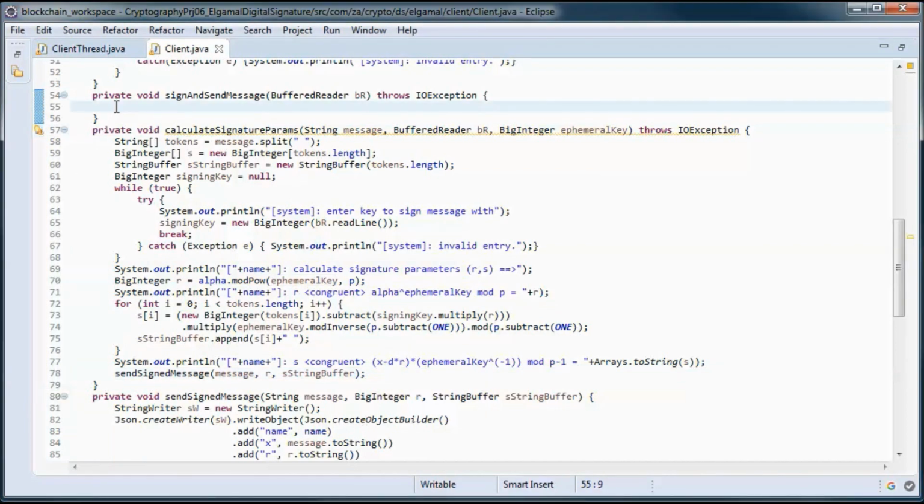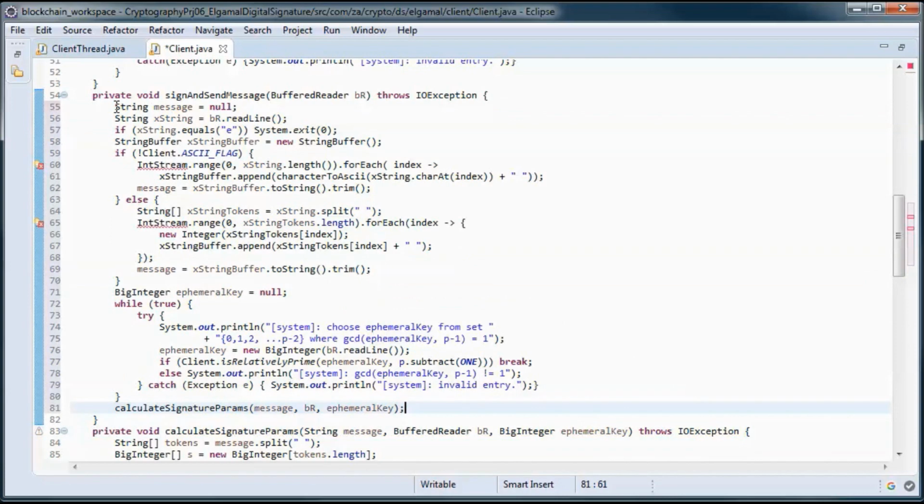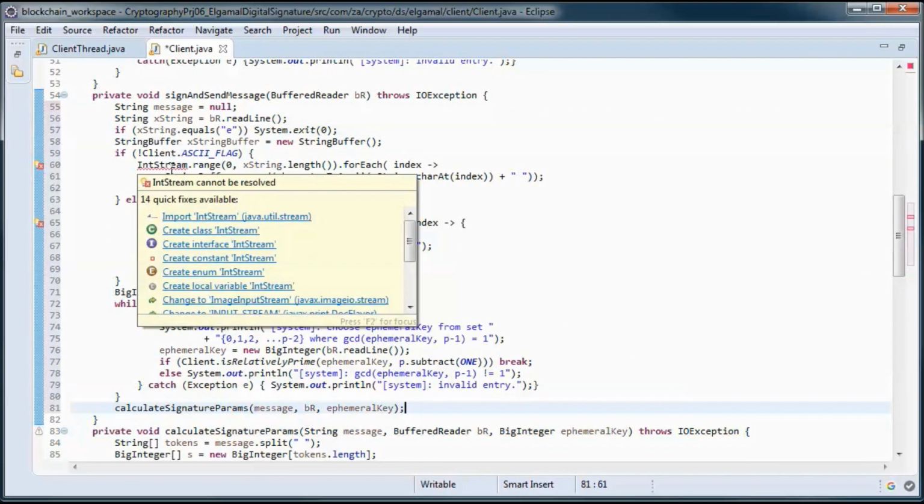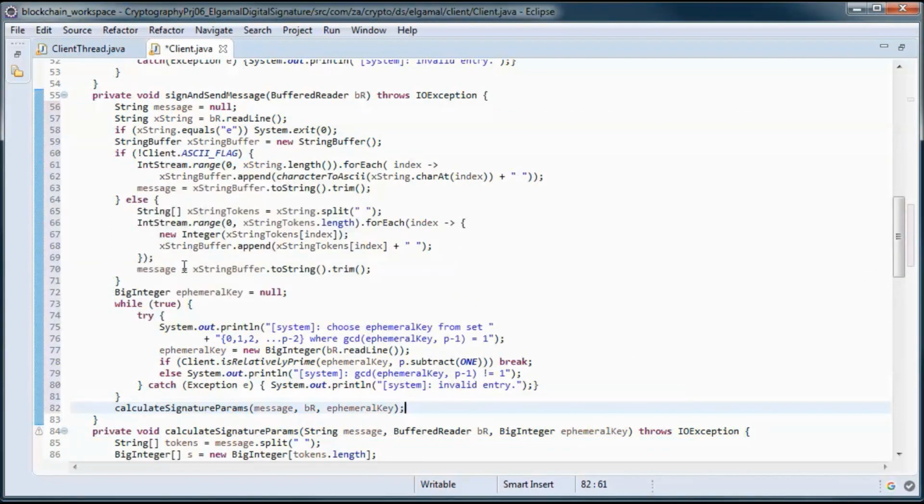And this method ends up calling the calculate signature params to sign and send messages. So this handles if we are not running in ASCII mode, so we call this static method, character to ASCII.